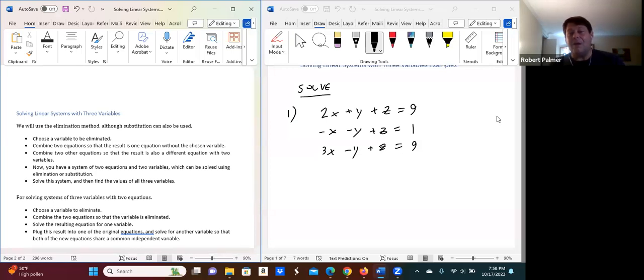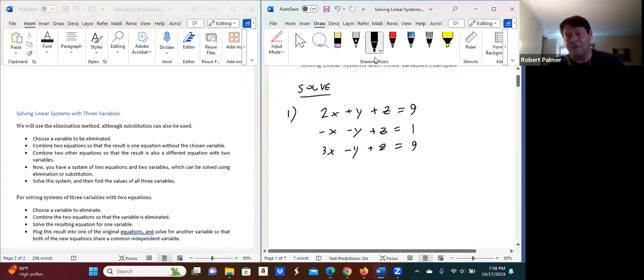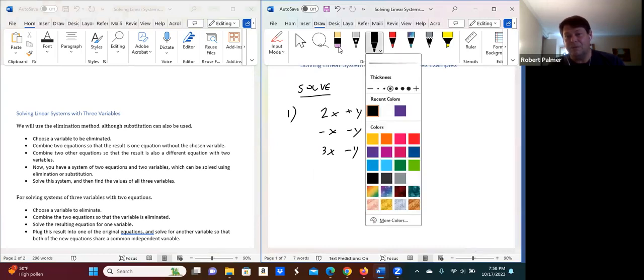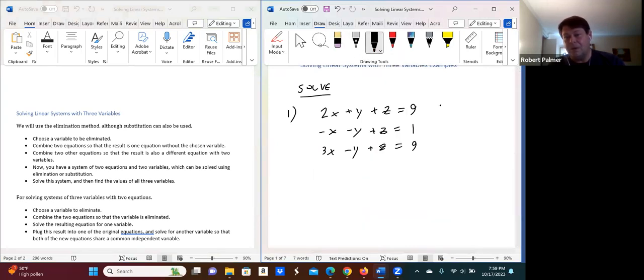Okay. Now here I'm going to choose. Let's call these equations A, B, and C, just so I can have something to call them. Now it's up to us. It's a choice, but let's pick something simple. You notice here I have a plus y and a minus y. That'd be something easy to eliminate. So let's eliminate